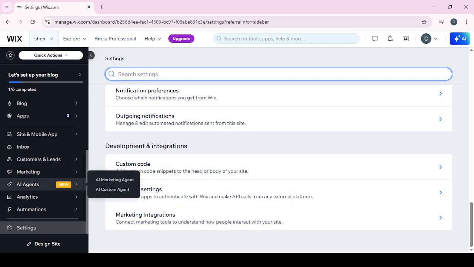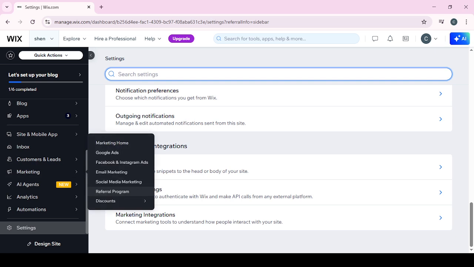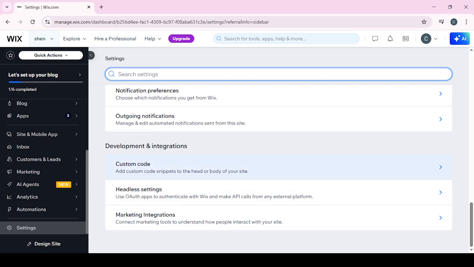Thank you for joining me today. I hope you found these instructions helpful and feel more confident in navigating margins and padding settings in your